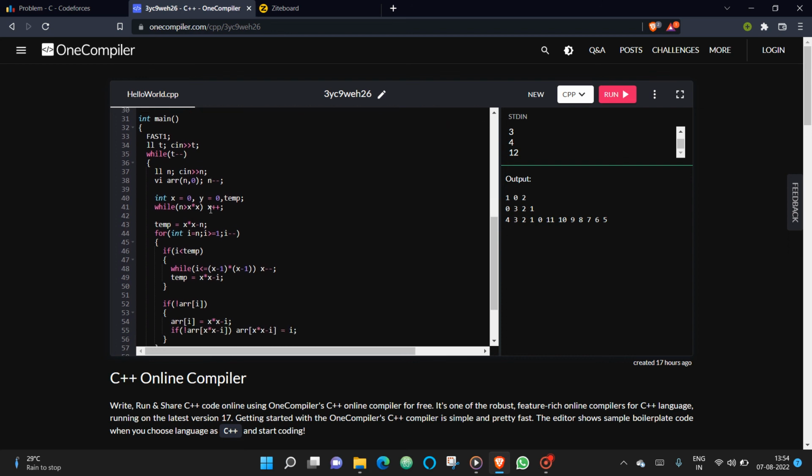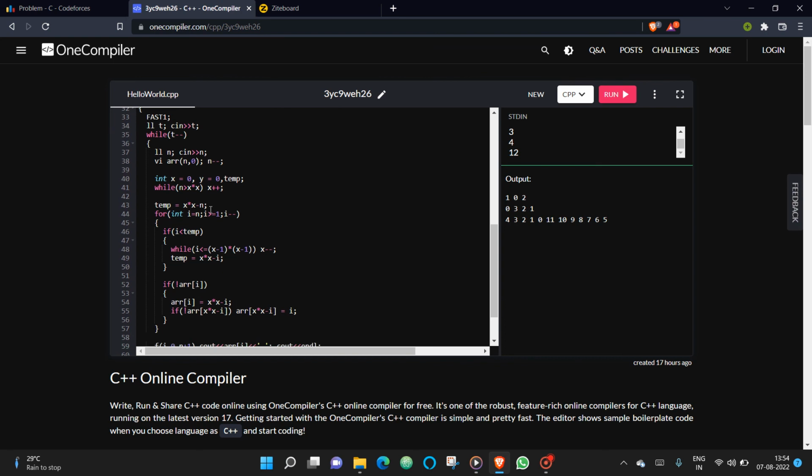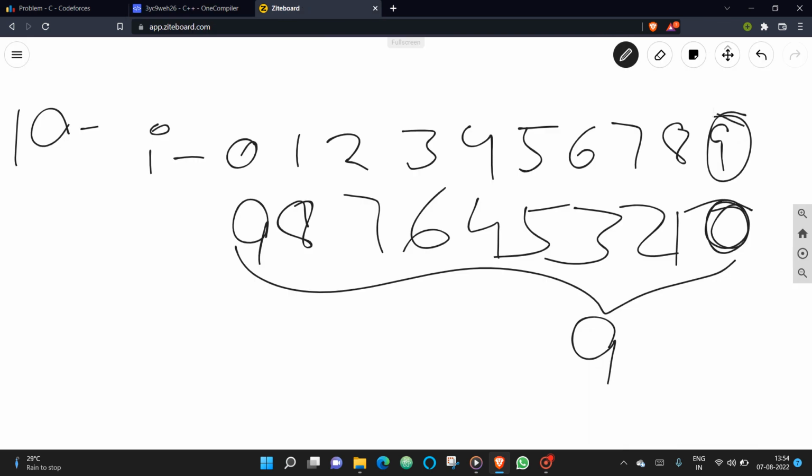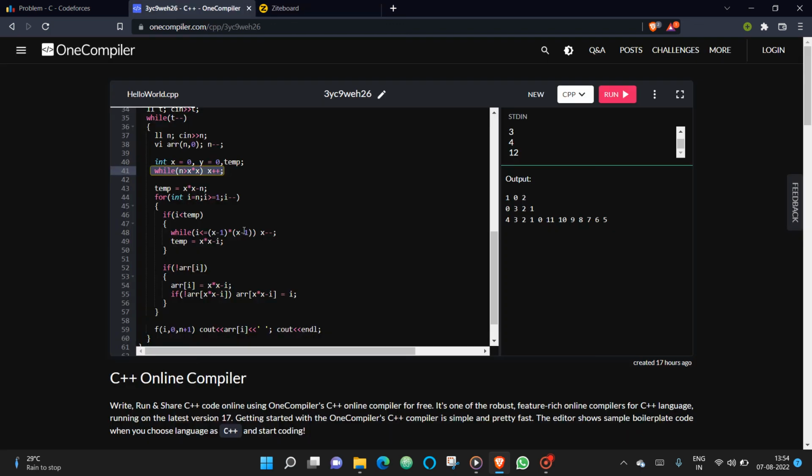So I was decrementing my n over there, and here I was checking the next greater. I was taking this element, and I was checking what is the next perfect square which was greater than or equal to this index. So I was checking this, and once I get that,